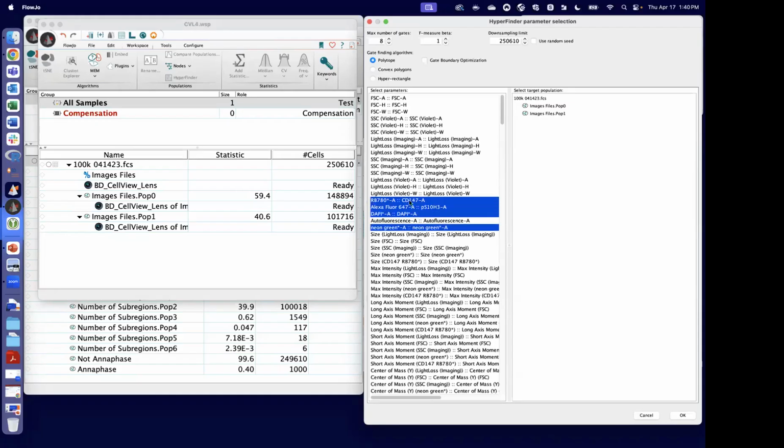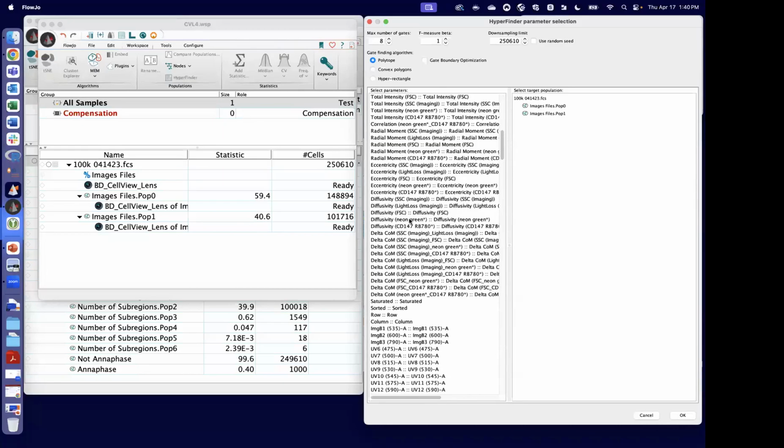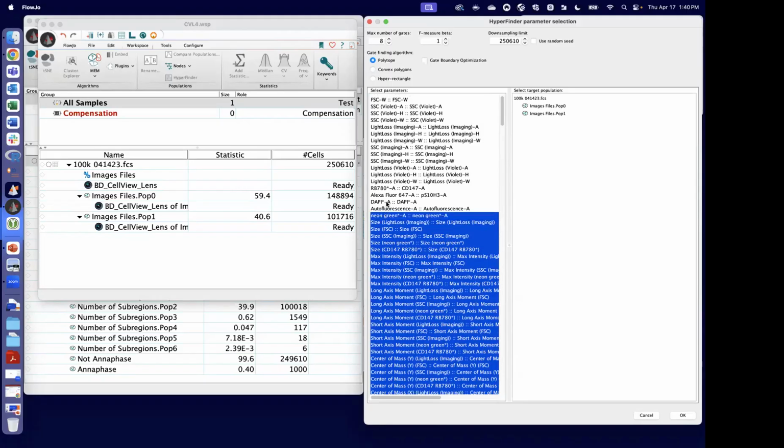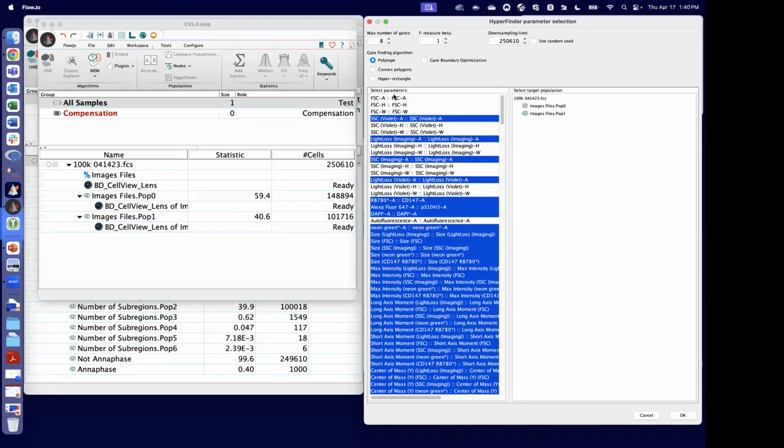And so right off the bat, we'll probably pick all the fluorescent parameters. We'll pick scatters. Light loss is fine if it wants to use light loss. Generally, if you don't want to think about it, just pick a lot of stuff. For example, we could just shift and pick all that stuff here, and then go back and maybe pick out a couple individuals. The only benefit if you pick fewer parameters is it'll go a little faster. So your call. And then last, you will want to tell it which,